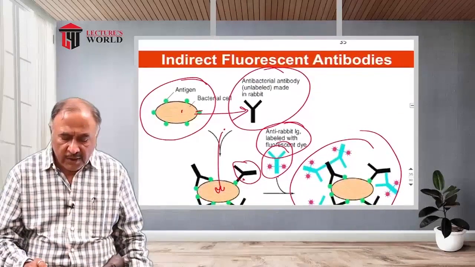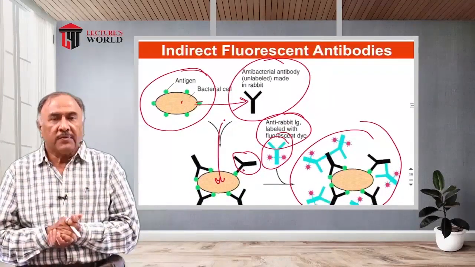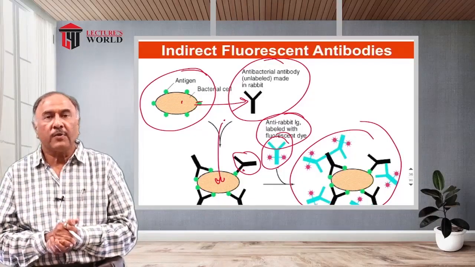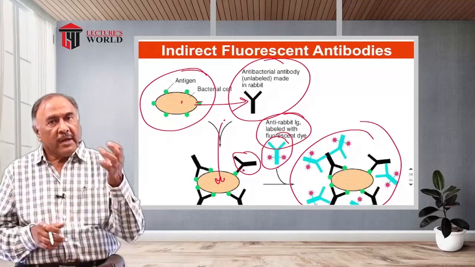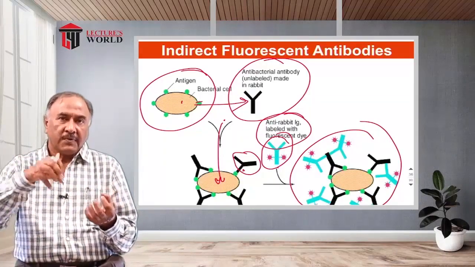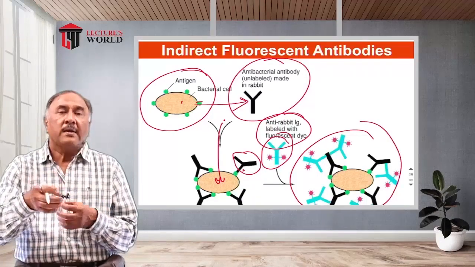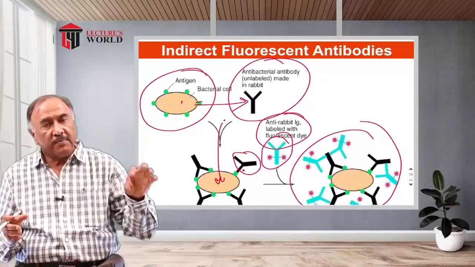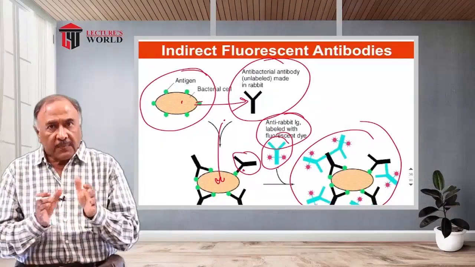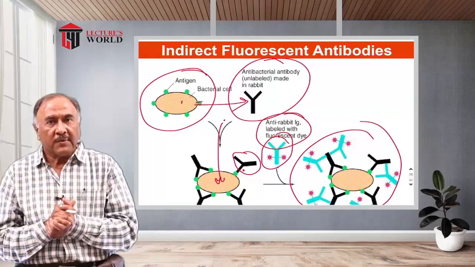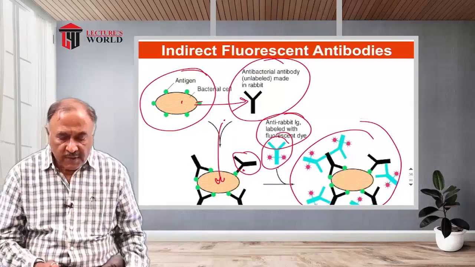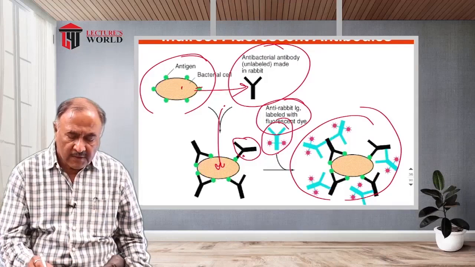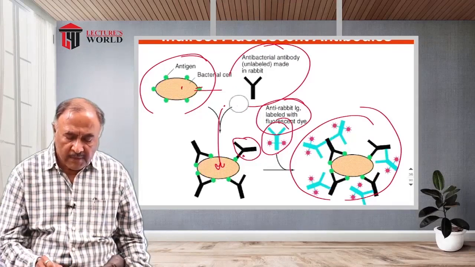In the indirect fluorescent technique, it is the second antibody which has a fluorescent tag. The antigen would bind with a specific antibody, and there is another antibody, an antibody against the primary antibody which binds with the antigen. If there is specificity, this binding would take place, and as a result, the fluorescent technique can be used here. As you can see here, these antigens are there,